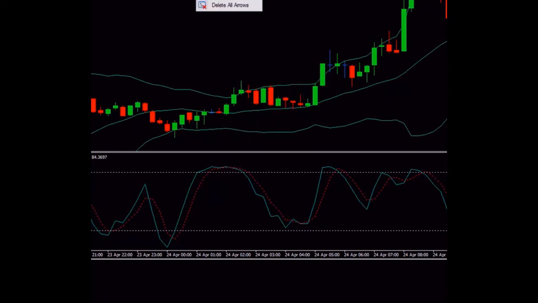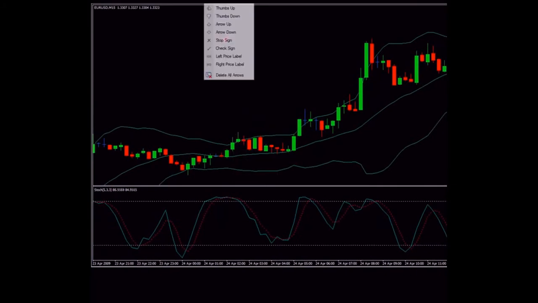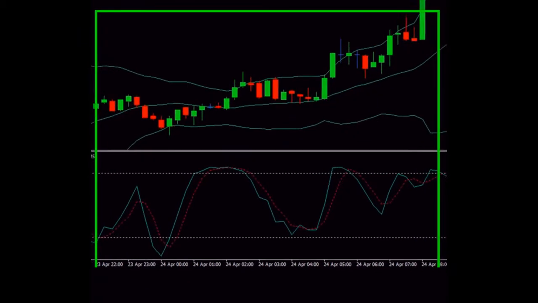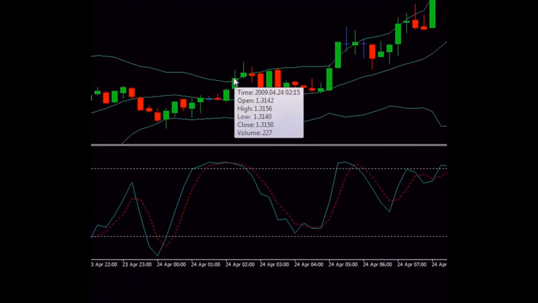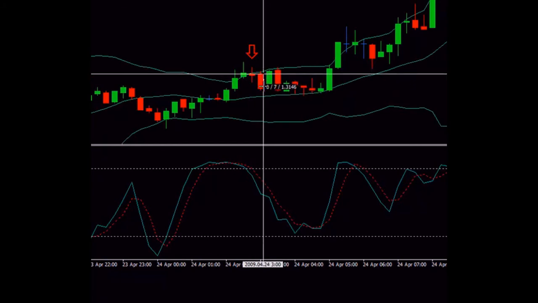So there are 3 points we look at. First, we want a close outside of the Bollinger Band, which was good. The next thing is the overbought or oversold area, which is that. And the third thing is, once we close outside of it, we look for the opposite color candle. We were long here, it was green, and we're looking for our first red candle, which happened right there. Let me draw it for you. Right there. Once that happened, the very next candle we would enter short, giving us 11, 12 pips